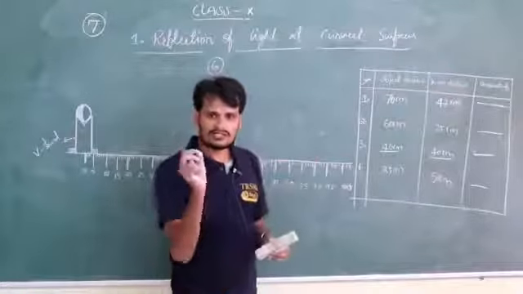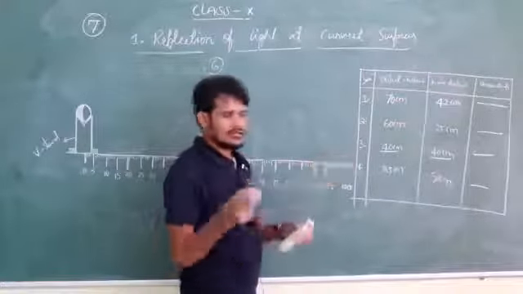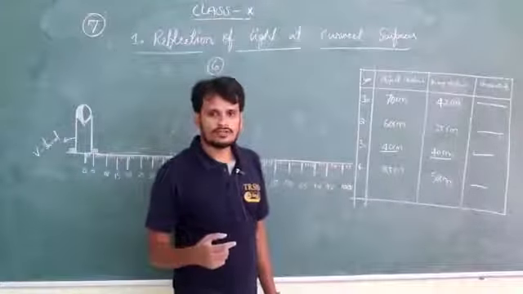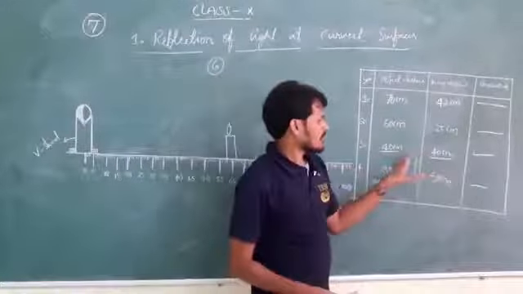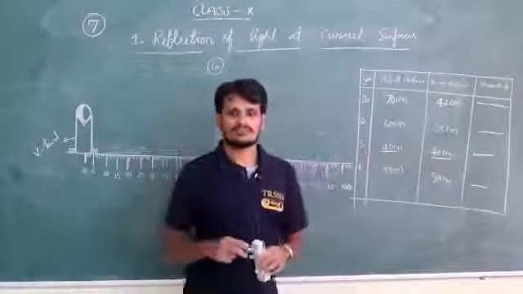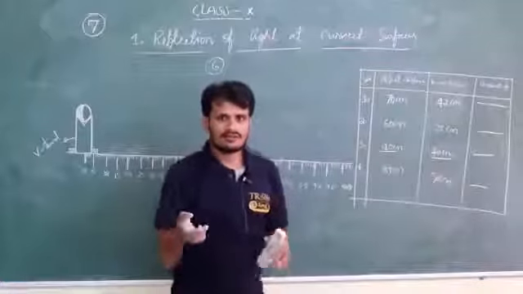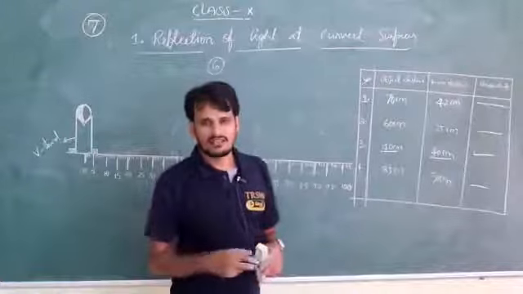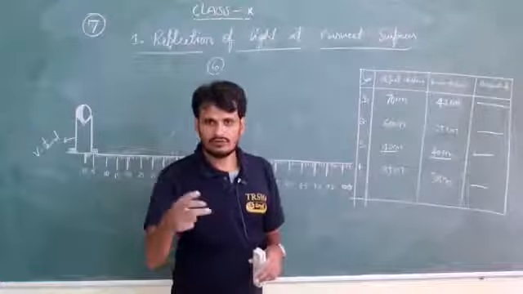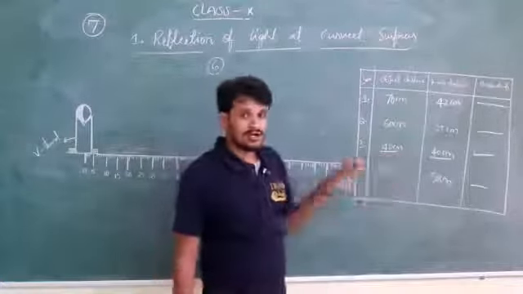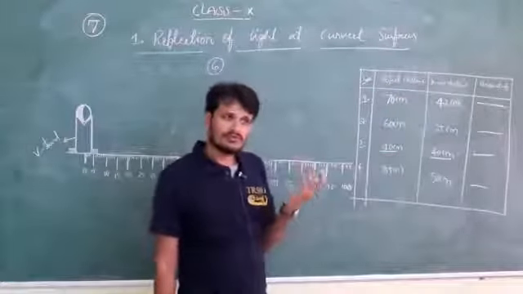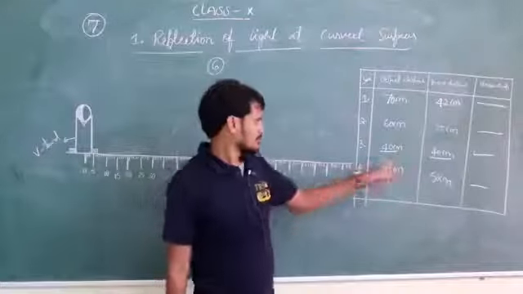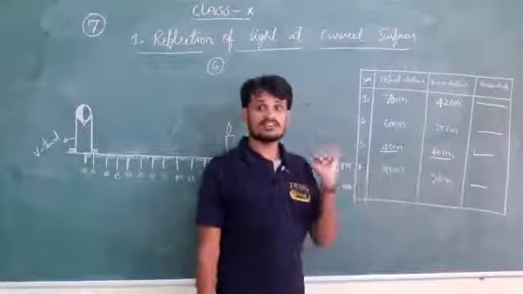I'm giving you one suggestion here, without using the formula. If you are writing an examination by using these values, how can you find the focal length? My sir said where you observe the two distances are the same, that is the center of curvature. That is correct, but it's not a proper way of explaining. We need to use the formula. I'll explain the derivation in the next class. But for understanding purposes, in shortcut, 40 centimeters, 40 centimeters.